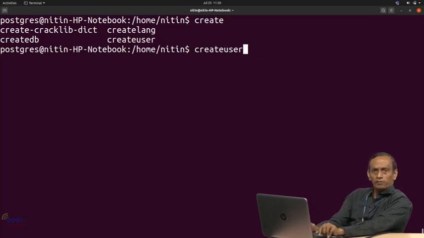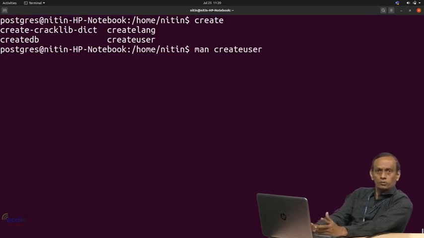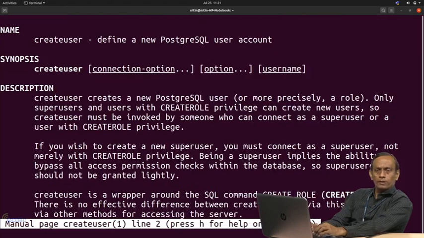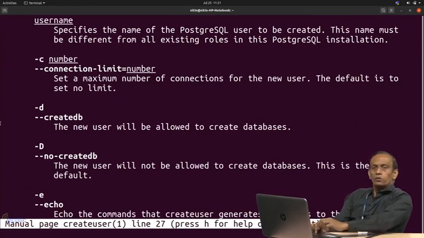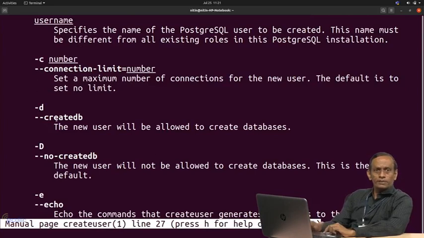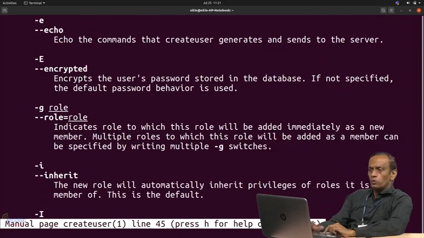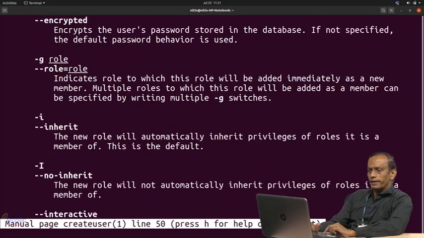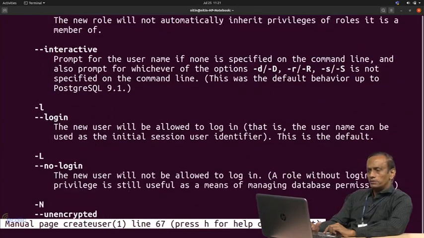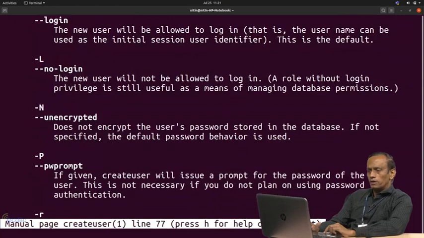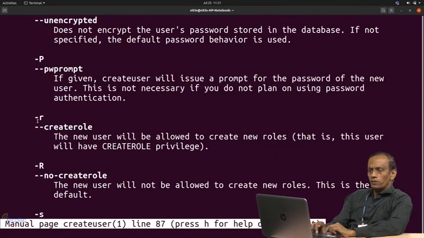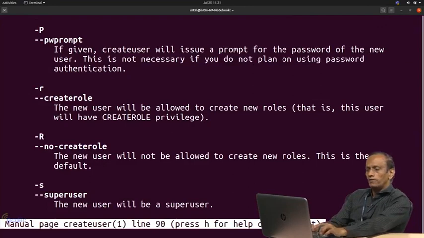Now if I want to add those options as well, like superuser and createdb and so on, let us write man createuser. So you should be able to see the connection options now. If you write -d, it will have createdb permission. If you don't want that user to be permitted to create databases, you can write capital D. So we have to make use of -d to permit the user to create databases, which we already saw. So we want createrole and createdb, and we want it to be a superuser.